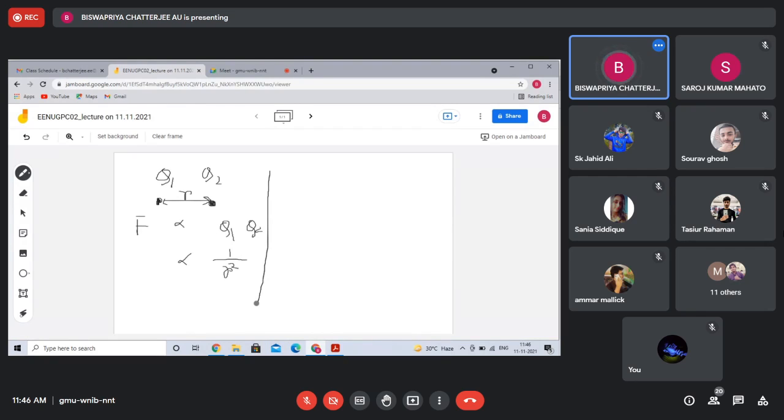So if you make them together, it will be q1 q2 by r square,